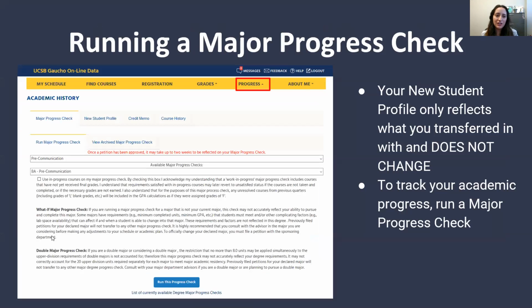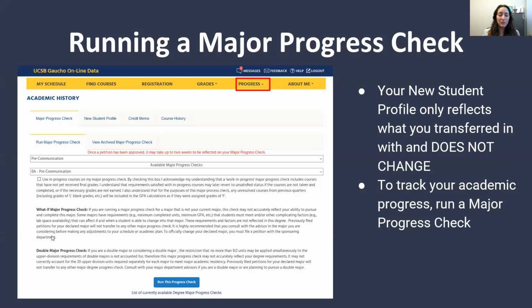Another function of Gold is seeing your progress as you go, kind of like a checklist of all of your requirements for graduation. The major progress check is found under the progress tab, where you'll see a tab that says major progress check. Next to it, you'll also see your new student profile. I really want to point out that your new student profile reflects only what you transferred in with to UCSB, and it will not update after that.